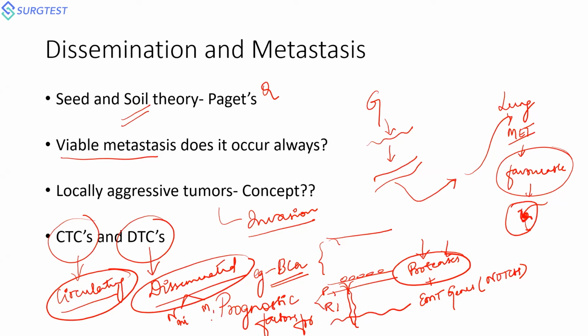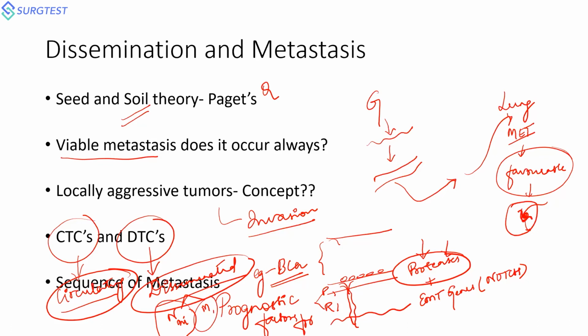Disseminated tumor cells are of two types. One, they can get deposited into other metastatic sites: your lung, bone, brain, liver, or wherever, the contralateral breast or skin. It can also occur in the local draining lymph nodes, where it is referred to as NMI, microscopic disease, or M1 disease, based on the location.